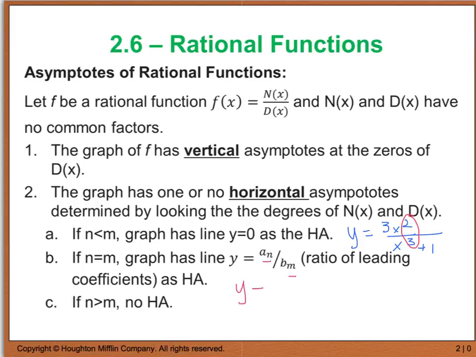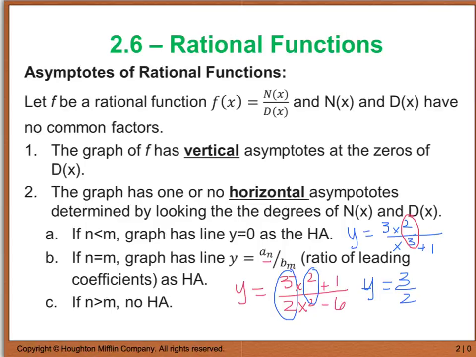So again, if we have y equals 3x squared plus 1 divided by 2x squared minus 6, I'm going to look at the degrees because those are the same. Then I'm going to take the ratio of my coefficients. So my horizontal asymptote will be y equals